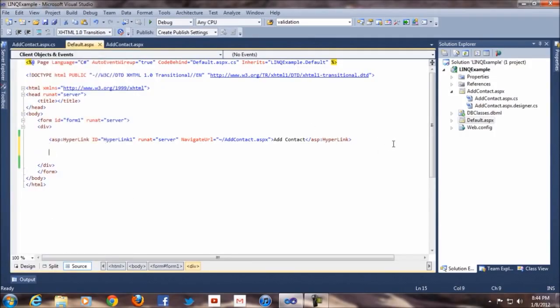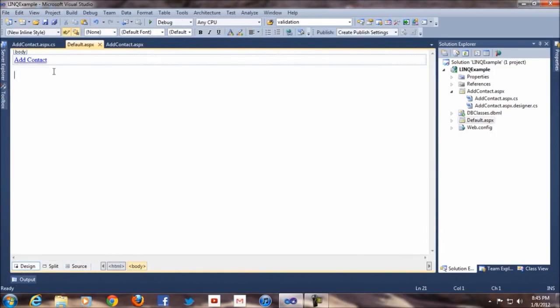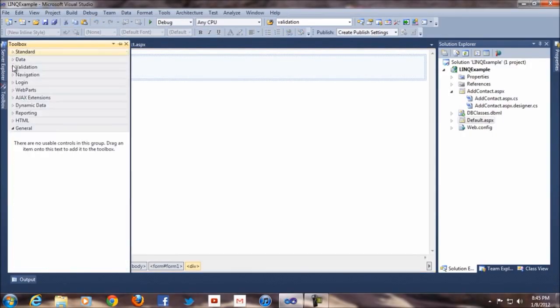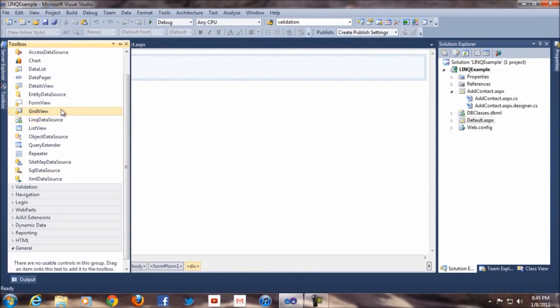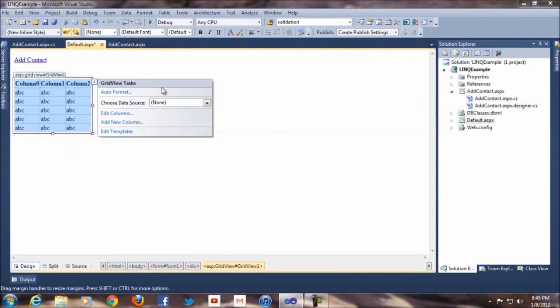Here I simply write the database. Okay, now what we do is we're gonna simply go here in this area. I'll just press enter. Here I'll just go here. In the data fields, I need a grid view. I'll simply drop this one and choose the data source. I'll click on